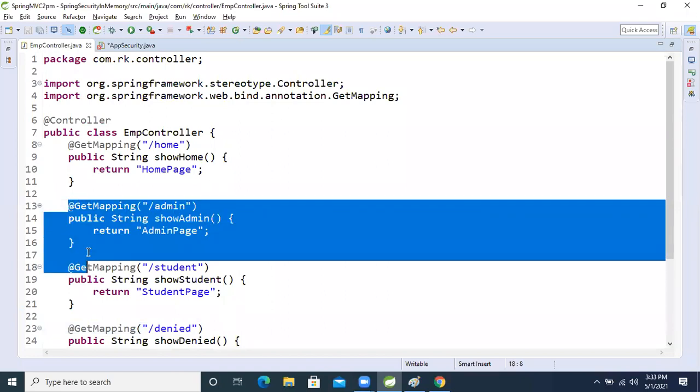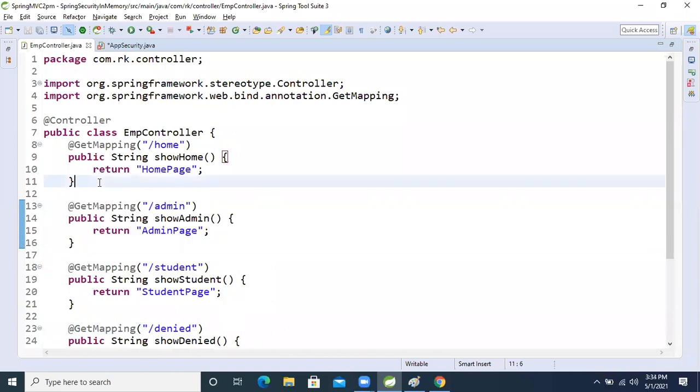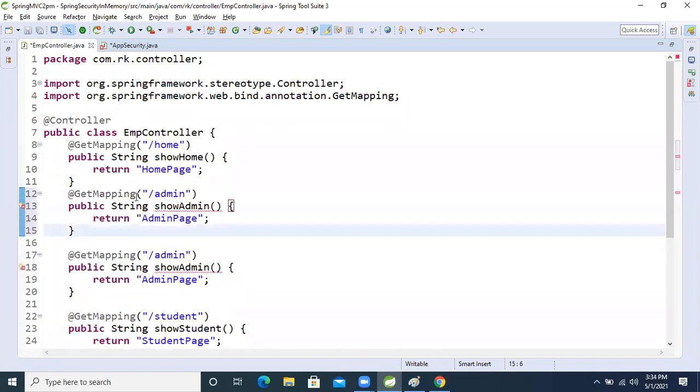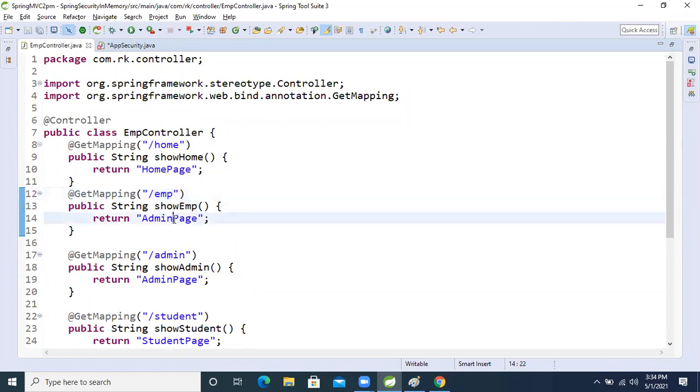Okay, let's create one more page. Copy, paste it here. Here I'm taking EMP.